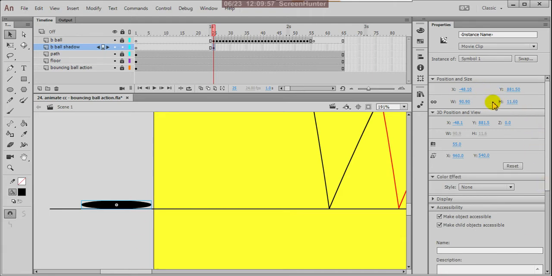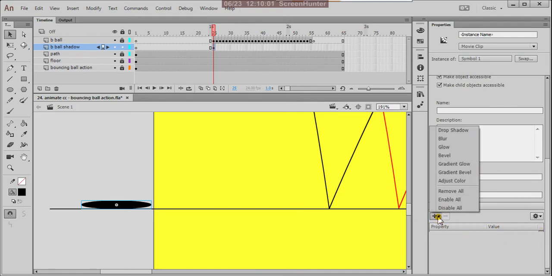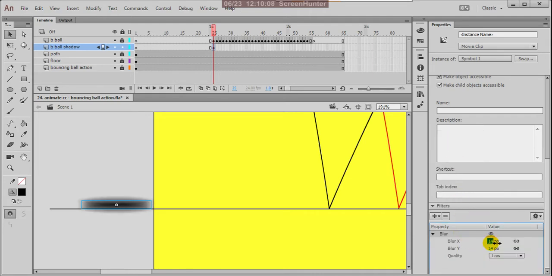Then find the properties, there your filters on, use blur, because shade must be blur. Yes, so apply ten.